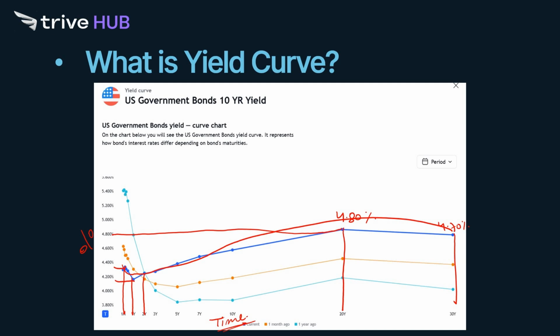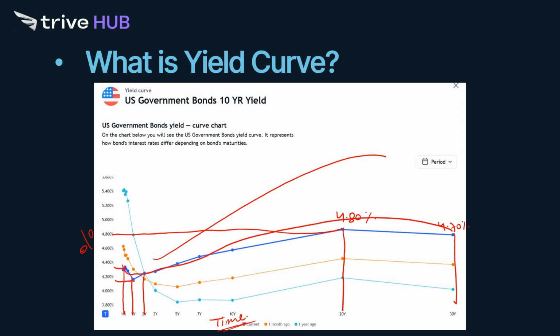That is why a normal yield curve will be moving like this only, on an upward trajectory, because as you move higher and higher in the timeline, the curve shows a higher interest rate. Any yield curve you are looking at will be showing the same type of bond with similar credit risk. Whatever debt instrument the chart is talking about will be of the same type